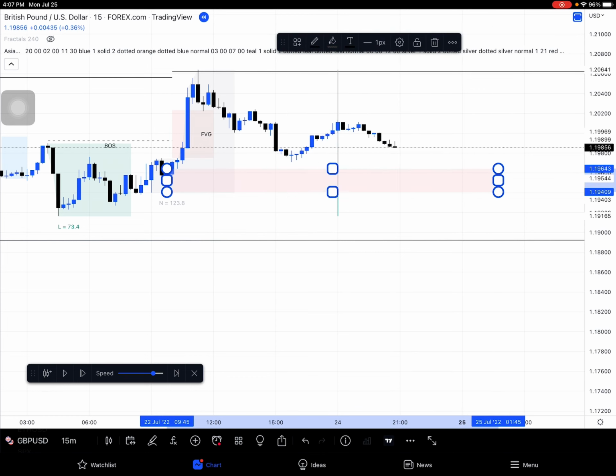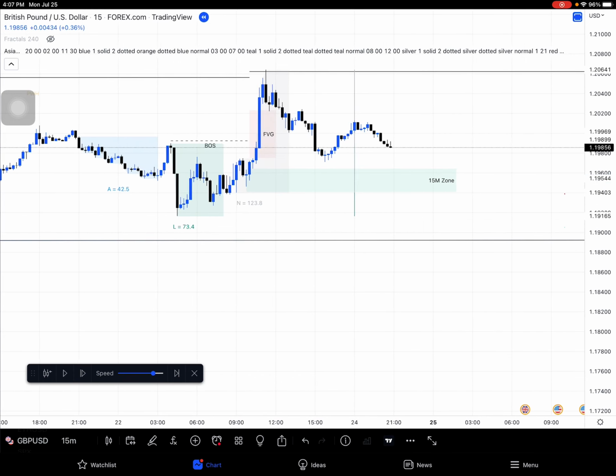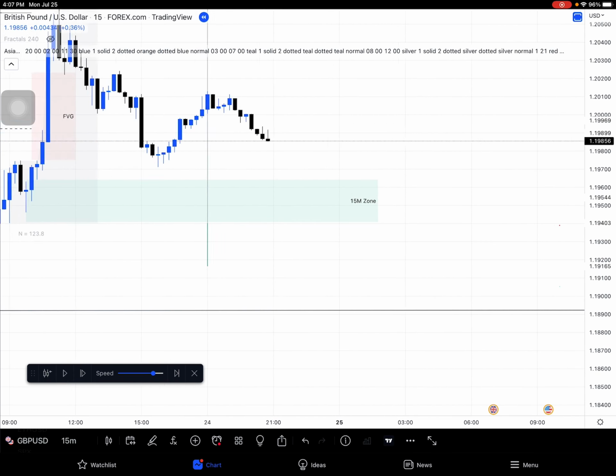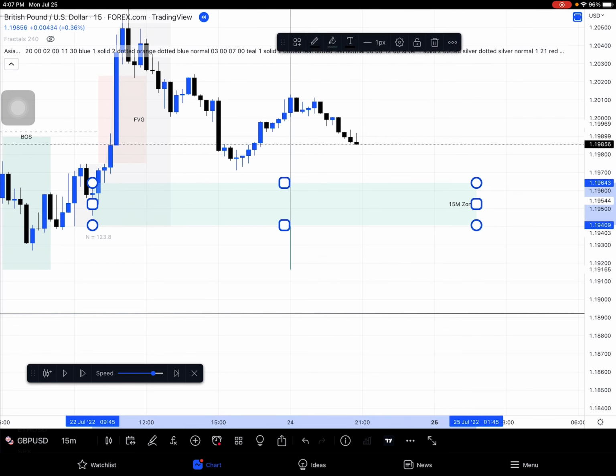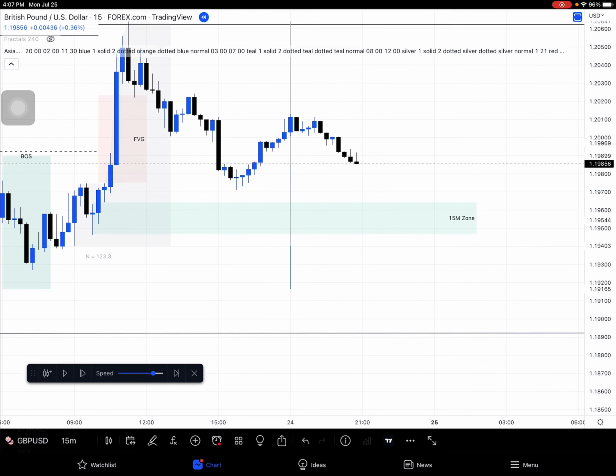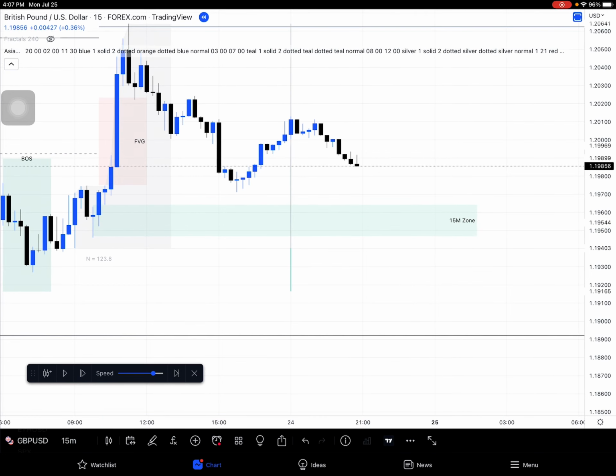I think that's a 15-minute zone. And apart from that, let me make that as very perfect. I can see that this is an inducement for me. Yeah, this is a target